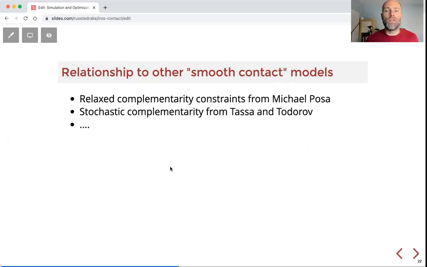And I think it really sheds some light on potential relationships to some of the other smooth contact models people have introduced. Michael Posa, when we were working on contact implicit trajectory optimization, talked about relaxing complementarity constraints. Emo and Val have done stochastic complementarity formulations, and there's a bunch through there. Anitescu's relaxation for friction, I would say, falls in this category. And it's very interesting to think what role those are playing for smoothing, what role sampling can play, what's the optimal solution given all these potential candidates. I think we'll slowly distill this down to realizing there's only one or two key ideas hiding in there.